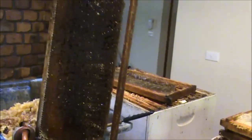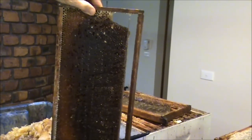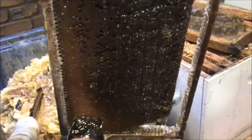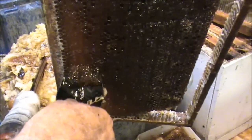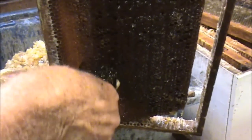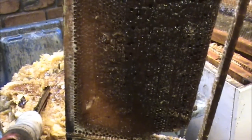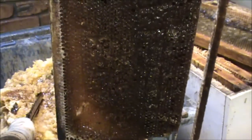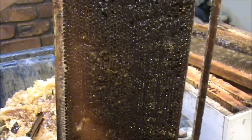So what are you going to do with that frame? It's still full of honey. I'm going to get it out with this spoon. I've got a spoon here. You can see the lumps of jelly coming out with it. Yeah, you can, boy. Yeah. So even if I get half of it out, I've never had this much Jellybush honey ever, and whenever I've got it, it's been at our main site,